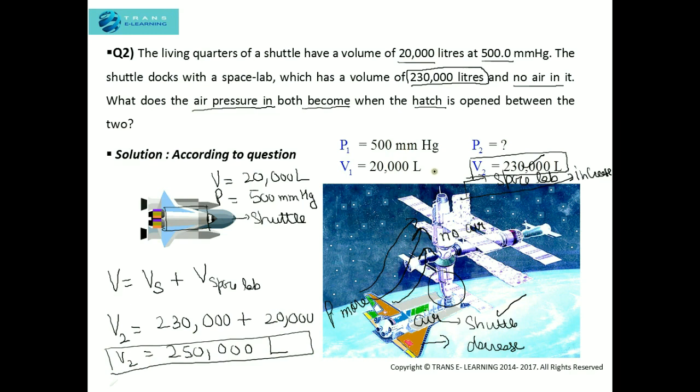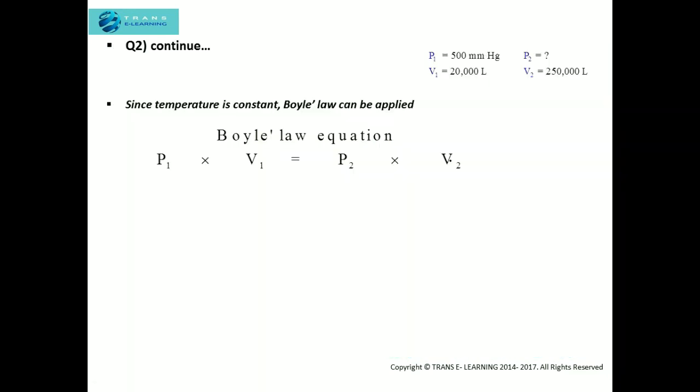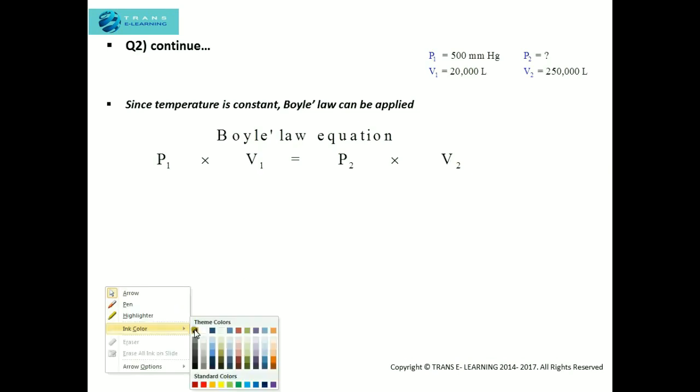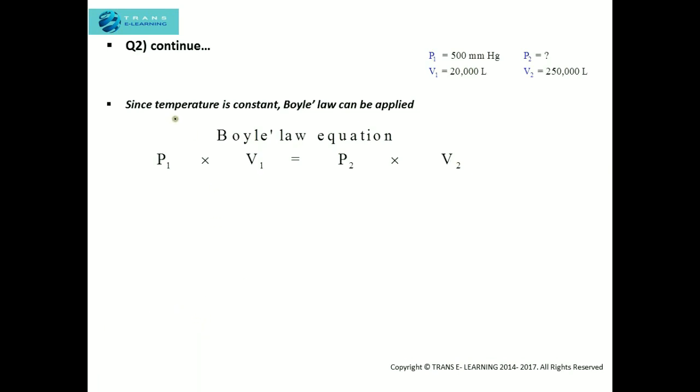The third step is to check for the units. Here the volume 1 is also in liters and the volume 2 is also in liters, so both the units are the same, so we need not do any kind of conversion here. We will only substitute the values in Boyle's law equation. It's given in the question that the temperature is constant, so Boyle's law can be applied and we can just substitute the values in the Boyle's law equation, which is pressure 1 into volume 1 equals pressure 2